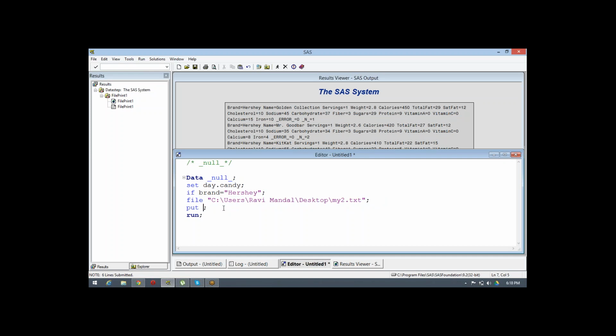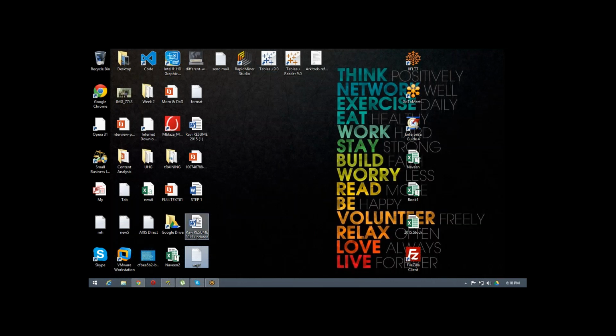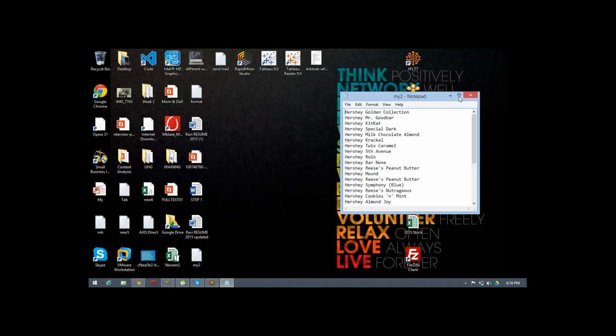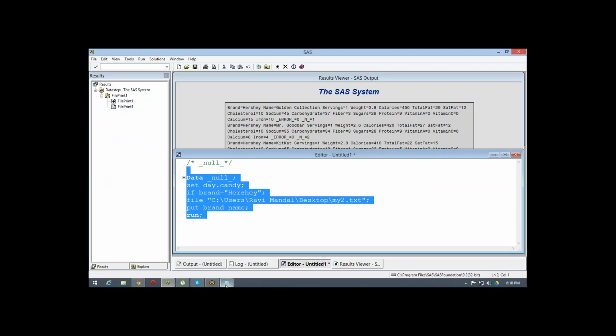Again it depends upon how many variables you want back. If you want only a few variables to be extracted into particular places, you just write the name over there. So I want brand and name only to be extracted. So only those columns will be extracted. Again, this data can be converted into a new data set back while using your input method, and again if you want to separate it.